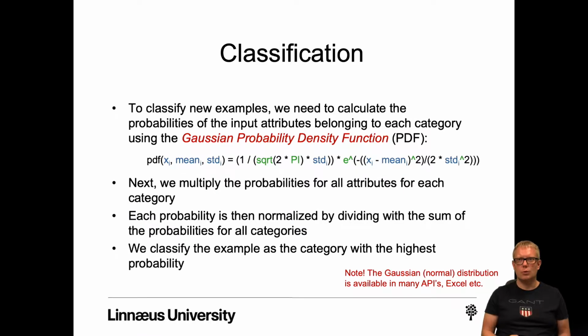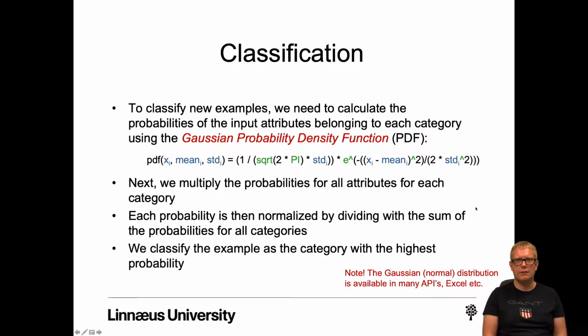During classification, when we want to classify new unknown examples, we need to calculate the probabilities of the input values belonging to each category using the Gaussian probability density function, or Gaussian PDF. So the PDF takes as input the actual attribute input value xi, the mean values and the standard deviations for all attributes in the training set for this category. And we just use this quite long formula to calculate the